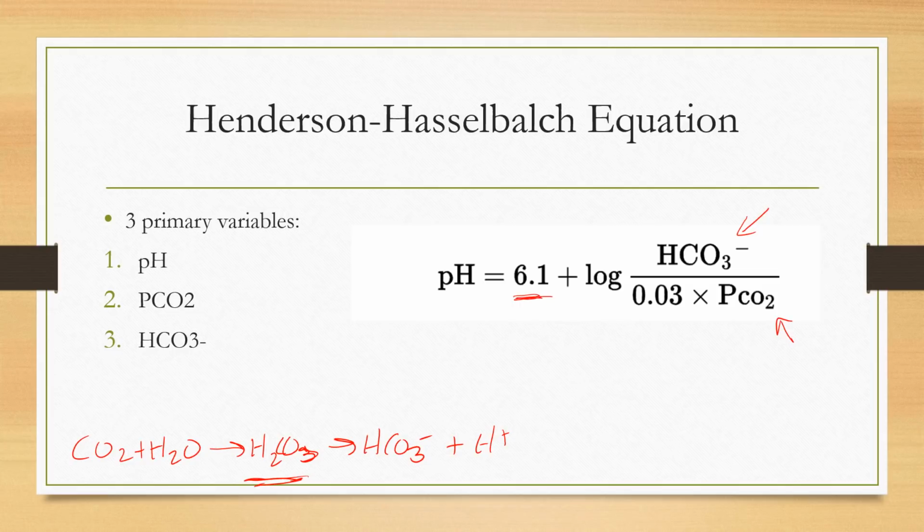So this will be our constant for this particular formula. And we are going to substitute, instead of carbonic acid, PCO2 and multiply it by 0.03. So let's take a look at some real values. If the bicarb is 24 milliequivalents per liter,